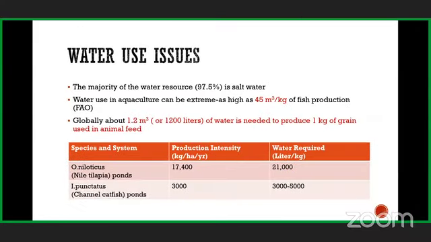Here I have given some examples: tilapia species require around 20,000 liters of water, and some catfishes like channel catfish in the US use around 3 to 5,000 liters. What I want to convey with this slide is that water resources are getting limited day by day, and there is a dire need to change our attitude towards using water, because we never know the future of this water. Is aquaculture possible without water? We have to think in that direction.